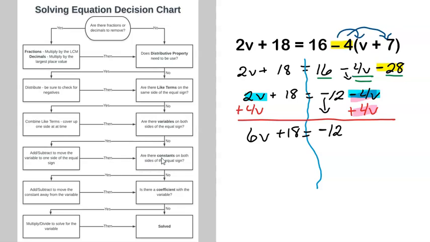Okay. Are there constants on both sides of the equal sign? Well, I have a +18 on the left and a -12 on the right. Yes, there are. Okay, so I want to add or subtract to move away from the variable. Well, the one on the same side of the variable is the 18. It is positive or added, so the inverse would be subtracting 18. And again, what I do on one side, I do on the other. On my left, the 18s are going to cancel. And so I just am bringing down my 6v